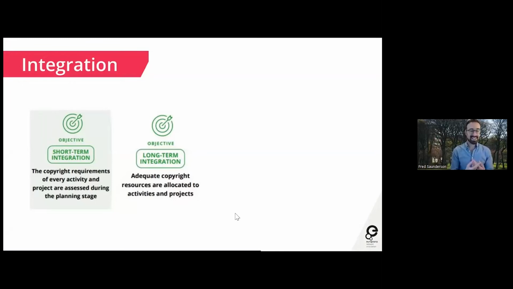Our view is that if an organization steps through these processes, starting at the foundation stage, working through those, then the expansion, and then the integration phases. And if you can get through all of those, you will be reaching that ultimate goal that we have of a harmonized and integrated and robust approach to copyright within the organization that might make all of our lives a bit easier as copyright experts and practitioners. So that's the structure of the copyright management guidelines.